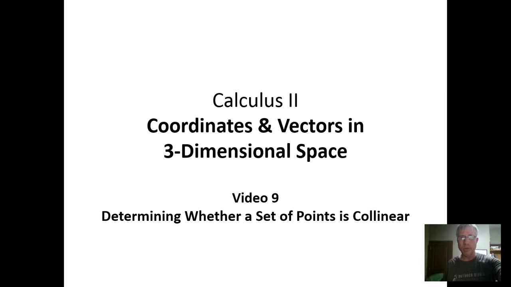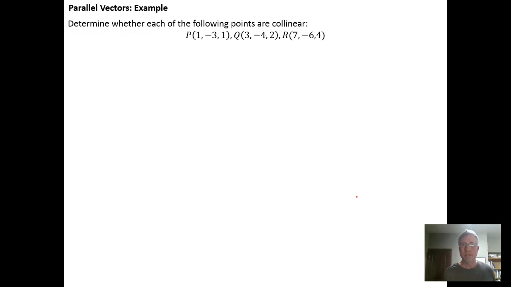So in this video we're going to go over how to determine when a set of points is collinear. So we want to know if the set of points P, Q, and R are collinear points. And when we're working in three-dimensional space,